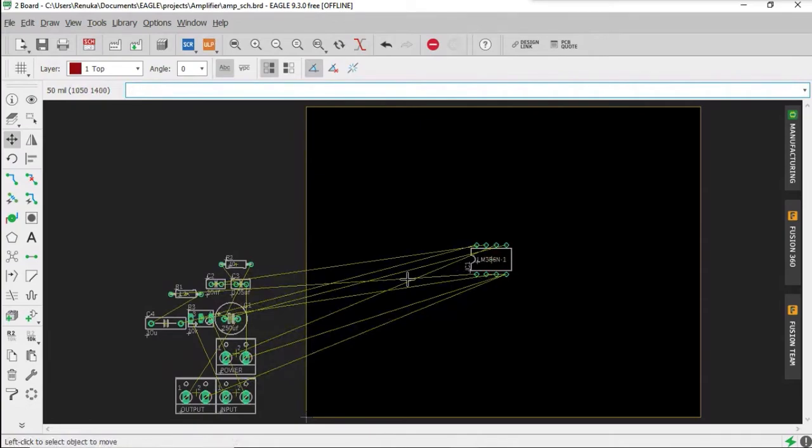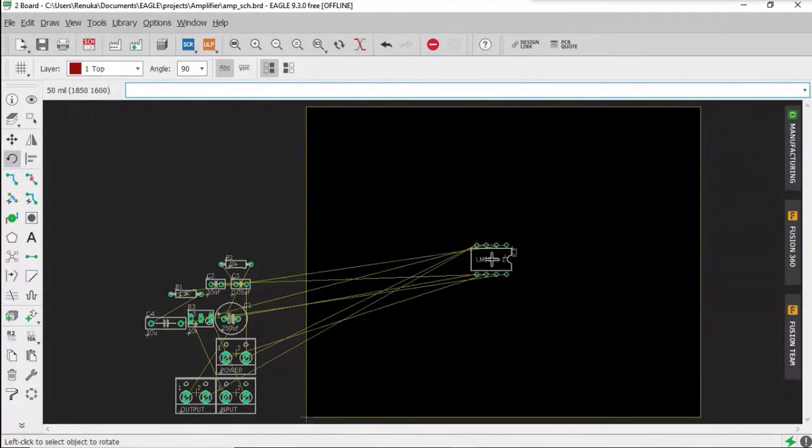Okay, now you need to arrange it so that it is more compact, and wires don't overlap much. Okay, it's not possible to completely avoid the overlapping, but you can arrange in such a way that it looks a little neat and wiring can be easily identified. Okay, then if you want to rotate this component, you can select the option called rotate just below the move option. After selecting that option, click on the component which you want to rotate. It will be rotated.